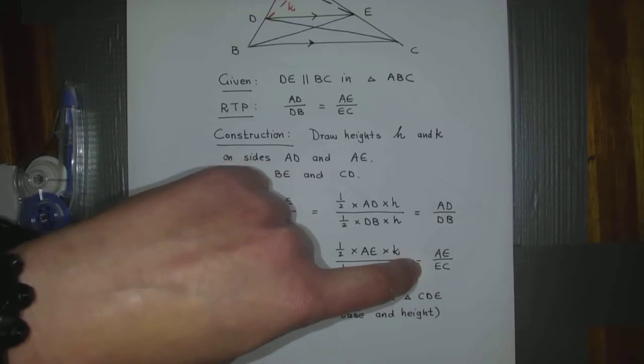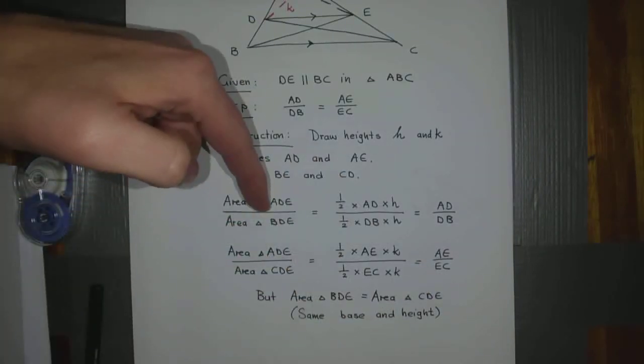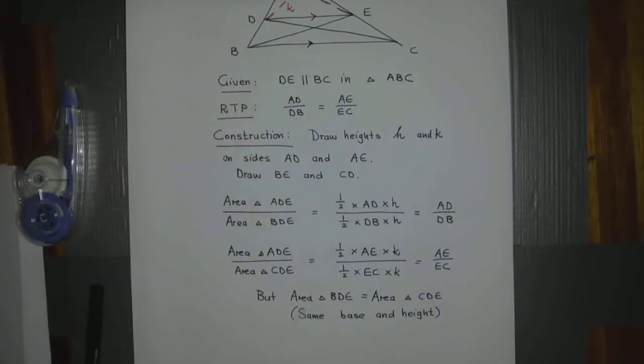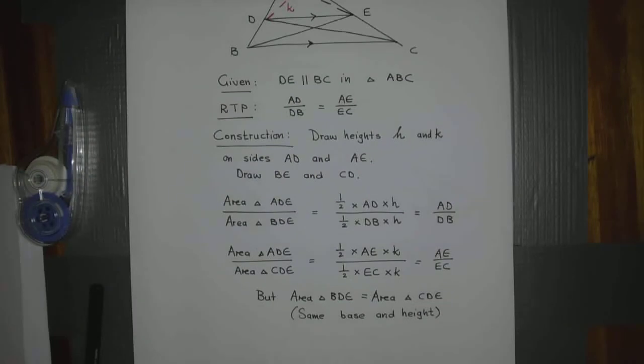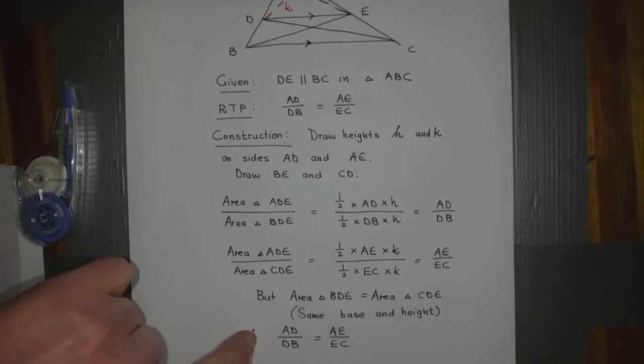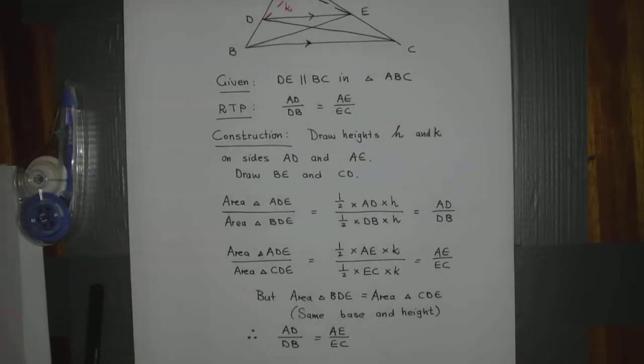And of course they're equal to each other, because this area is equal to that area because it's the same triangle. It's both triangle ADE. And I've just said this area is equal to that area, so therefore, finally, AD over DB is equal to AE over EC. And I've proven what I was required to prove, so I'm done,